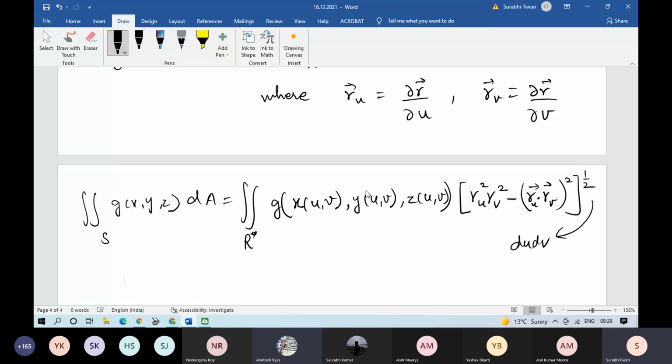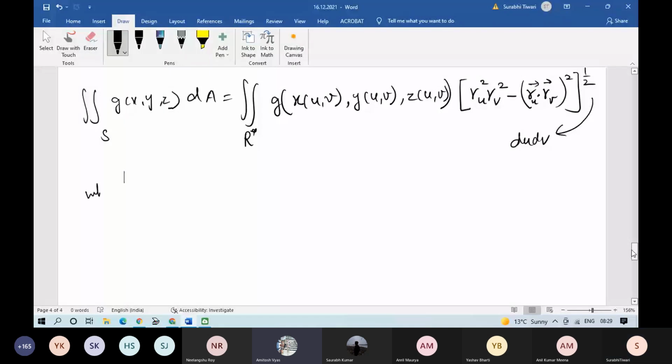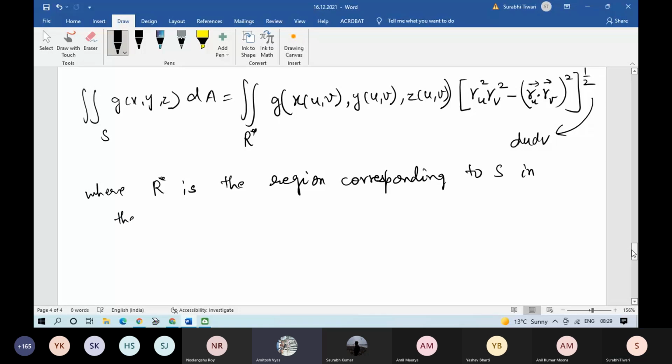ठीक. Now what is R star? R star is the region corresponding to S in the UV plane, where R star is the region corresponding to S in the UV plane. ठीक. Now next,